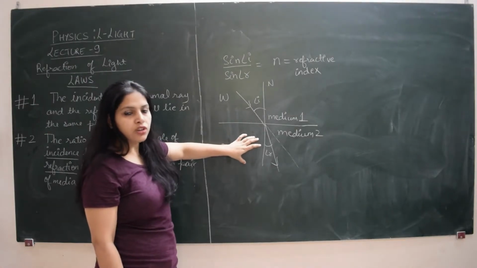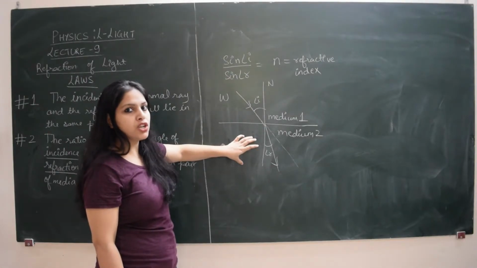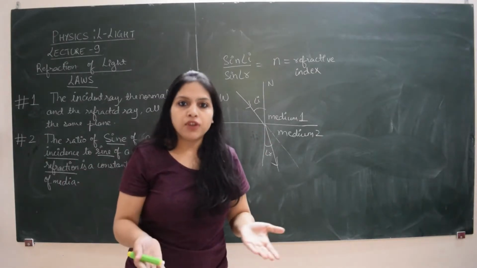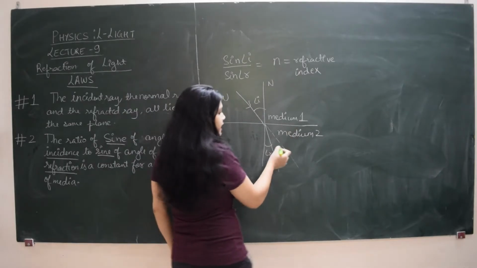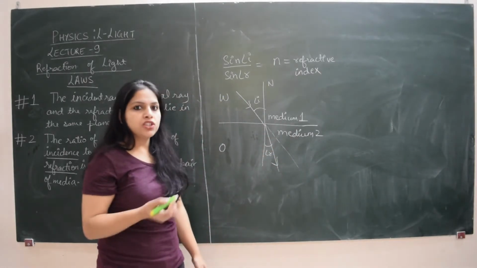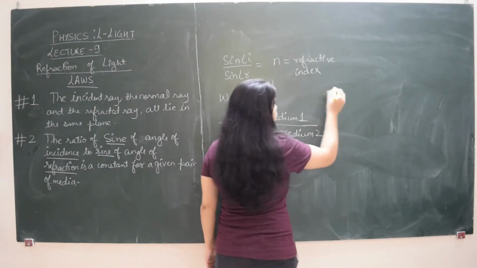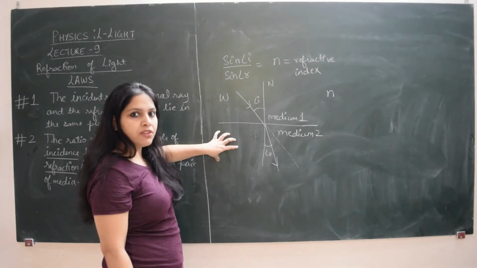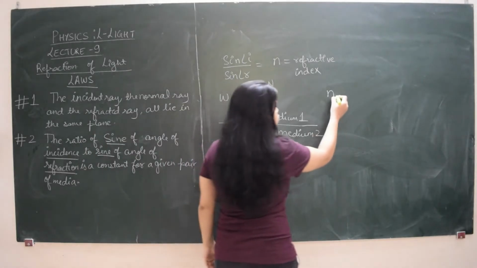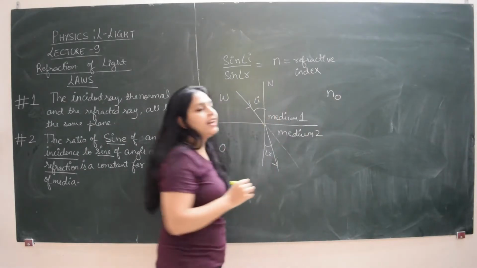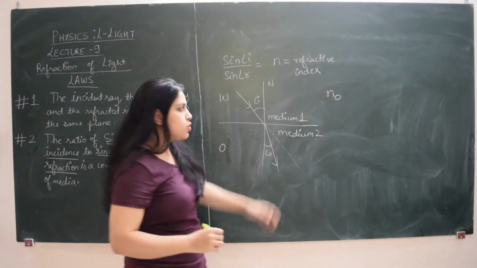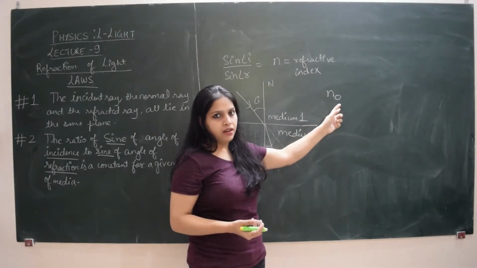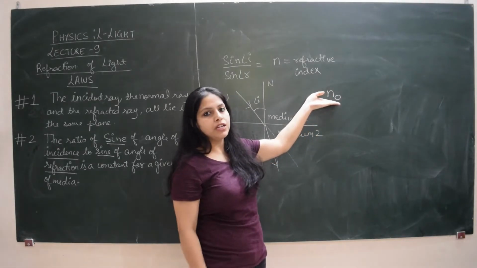The refraction, the refracted ray, the angle of refraction, all of these lie in the second medium, in which the light enters after crossing the interface. So basically the medium in which refraction is taking place, we take out the refractive index of that medium only. Here oil is the medium in which refraction is taking place. So in short, we are finding the refractive index of oil. I put O, the symbol for oil, as a subscript in front of n, which means that I am finding out the refractive index of oil.